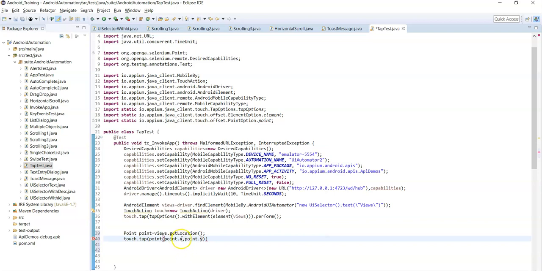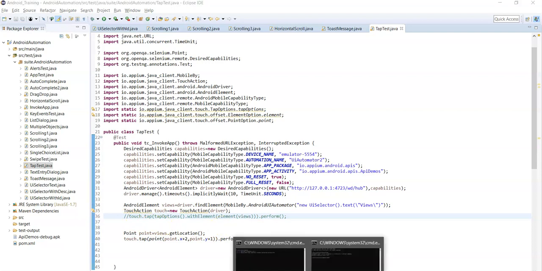These are the starting XY coordinates, so instead of passing the exact XY coordinates, you can add some pixels so that it taps inside the element instead of tapping on the borders. Now dot perform. That's it. Now let's comment the previous one, save it and then run the same script.